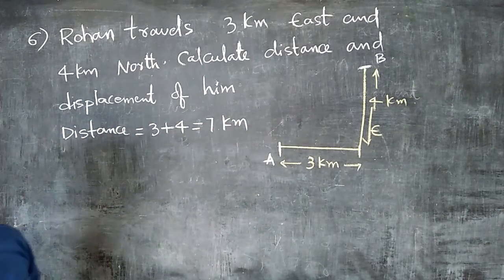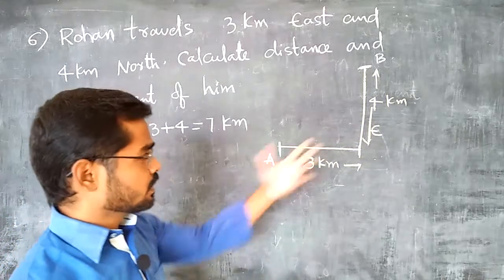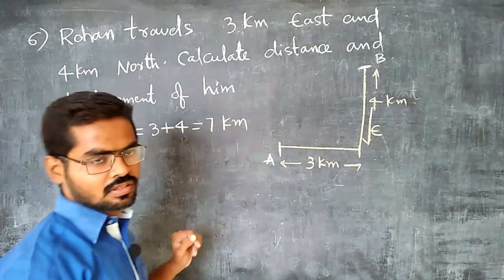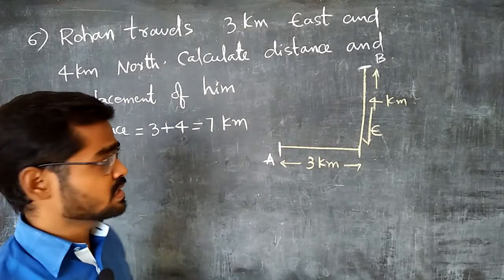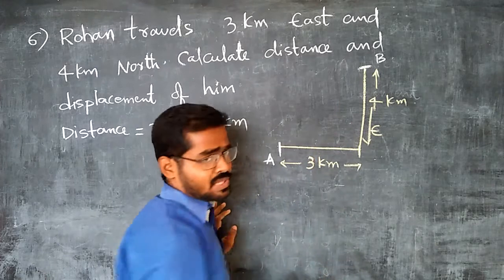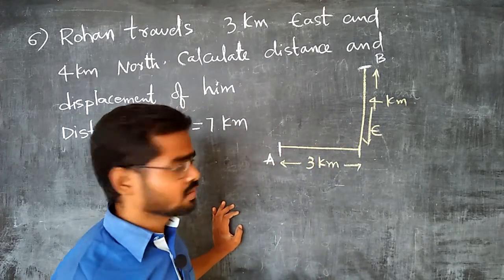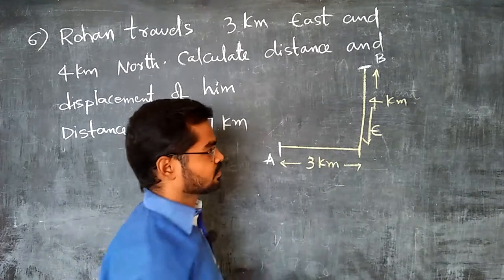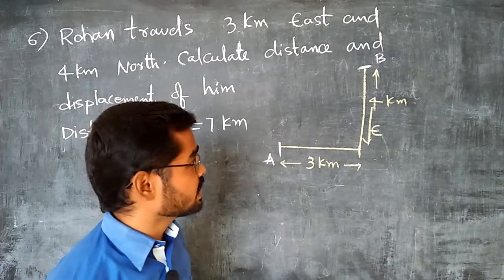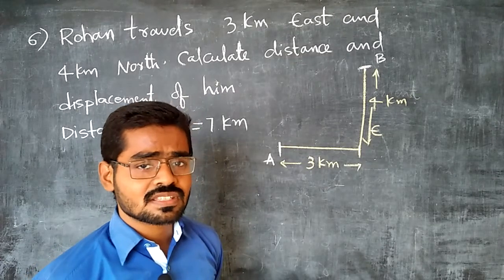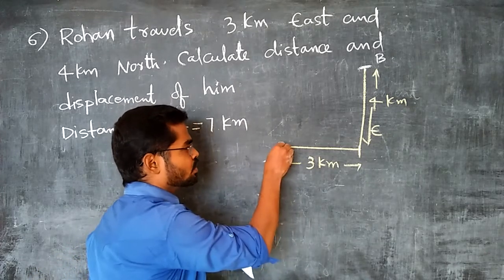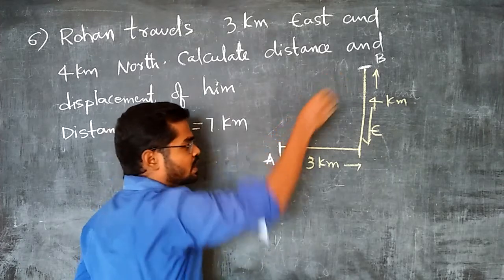Next, displacement. Strictly you have to consider the direction. Okay. So this is starting point, this is ending point. Listen carefully. Rohan has to reach from point A to point B. That is the question. So he has reached in this way by traveling 7 kilometers. Is there any shortcut so that Rohan can reach by traveling a lesser distance? Yes, there is a shortcut. What is that shortcut? You just go in a straight manner from the starting point to the ending point,